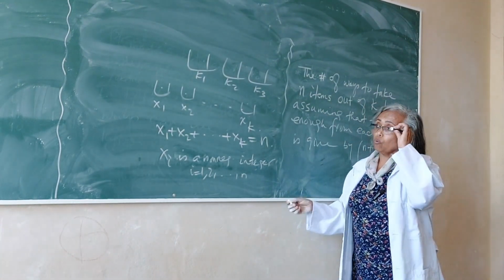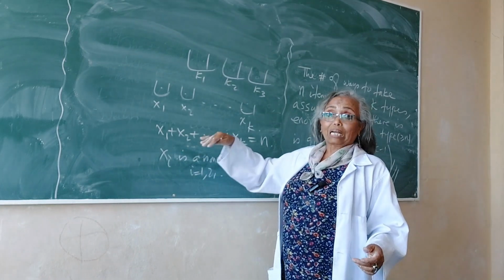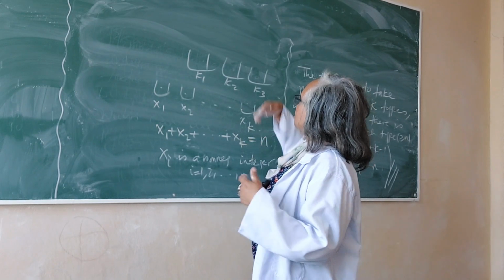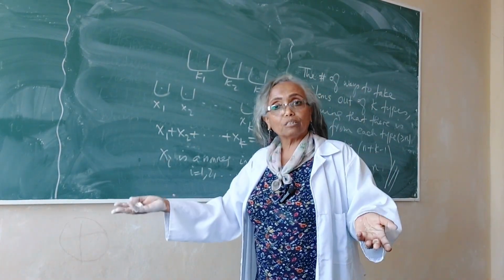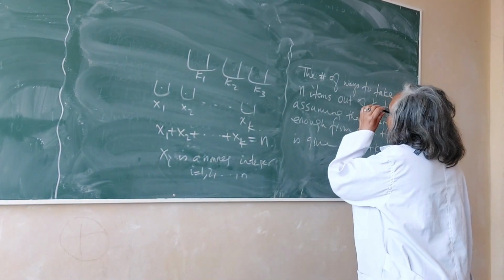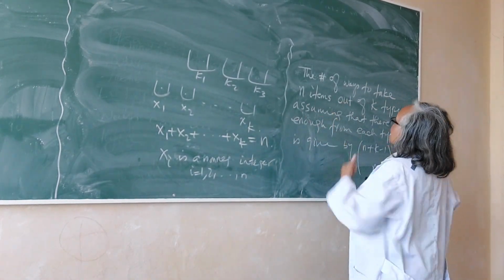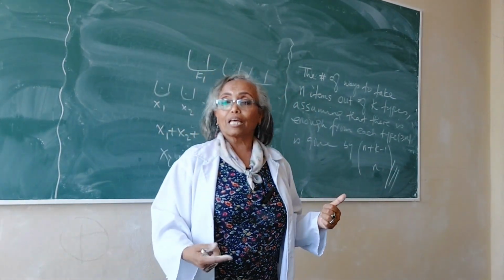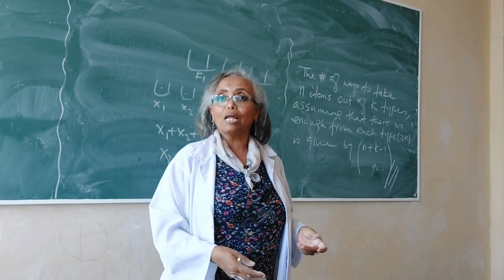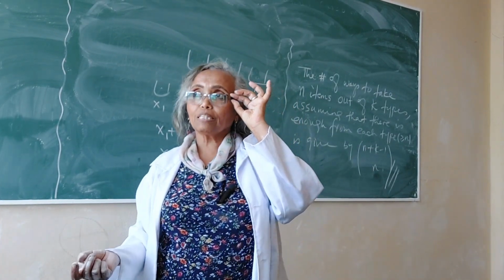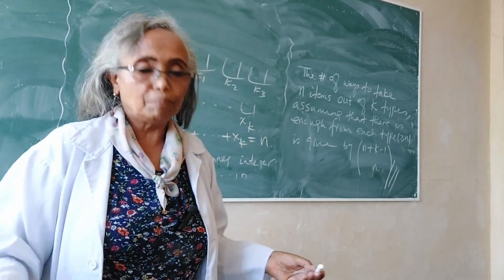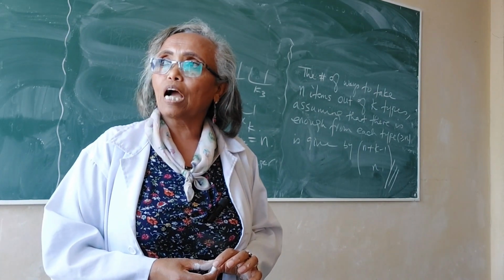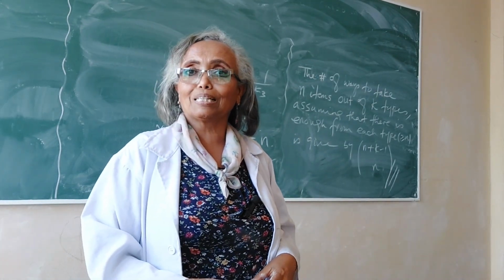for all i that runs from 1 to k. So we can count the solutions to such an equation. We can count distributions of identical items to distinct objects or boxes, and we can count the number of ways we can select n items out of k types available, repetition allowed. Okay, so this is, I think, enough for today, and what remains is counting distributions of identical items to identical